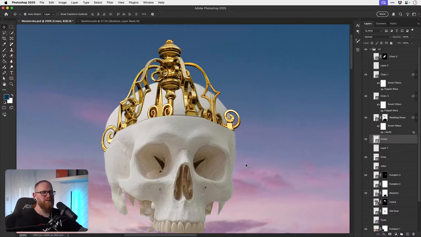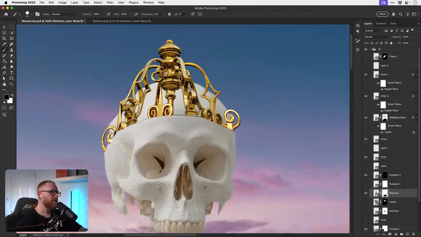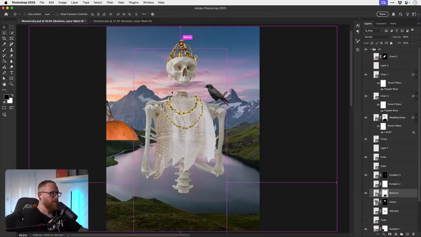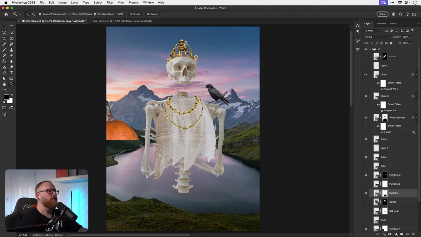Do we get rid of the skull, the top part? God, this is some Frankenstein madness. I don't even know what that is.